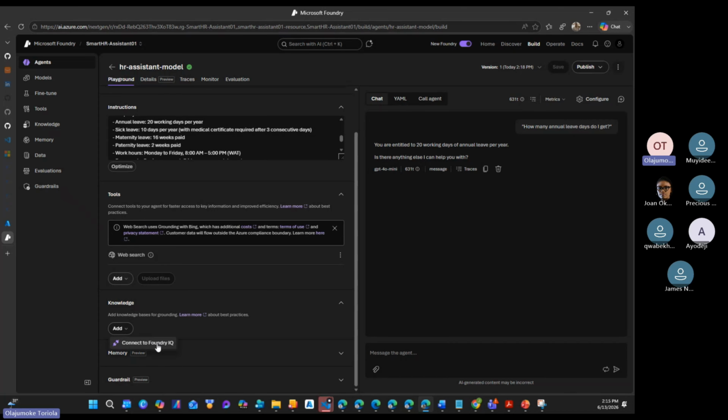This connects to Foundry IQ, meaning that in my Foundry IQ, I must have built a knowledge base that it can connect to. Do you understand? But based on what I have here, this is the complaint context. Annual leave is this, sick leave is 10 days, and all of that.